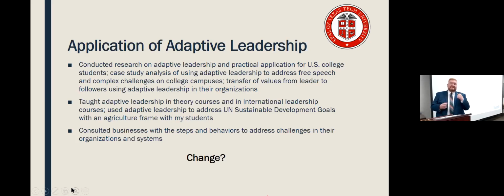And I think that time is of essence. Adaptive leadership is not something that you can start this afternoon and all of your problems will be solved tomorrow. That's not what adaptive leadership is. And so I appreciate that you mentioned time, because time is important and time is critical when we are thinking about challenges and really going through all the steps of adaptive leadership. So thanks for sharing that. Does anyone else want to share about change?